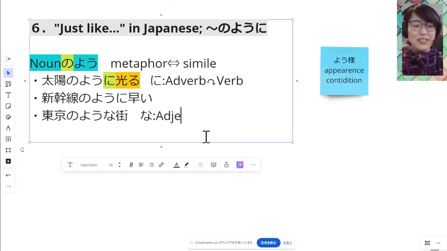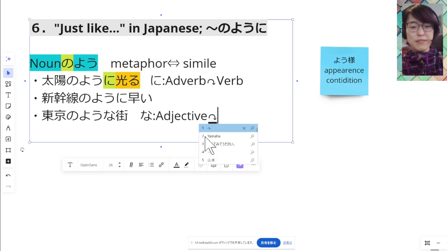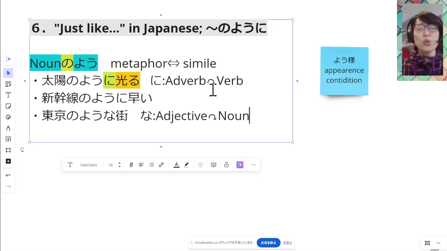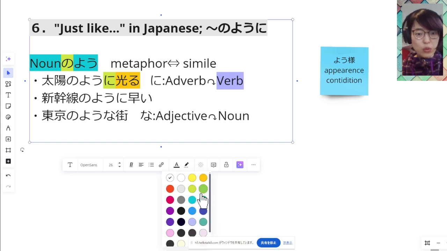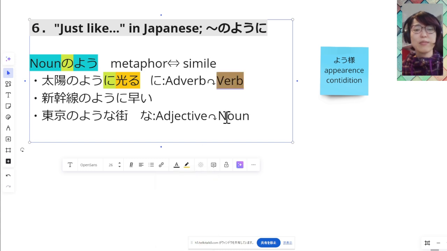So, adjective modify noun. 東京のような街。山のような仕事。ゴミのような人。Okay, when you describe noun, you need noun adjective. When you describe verb, you need ni, ような、ように。